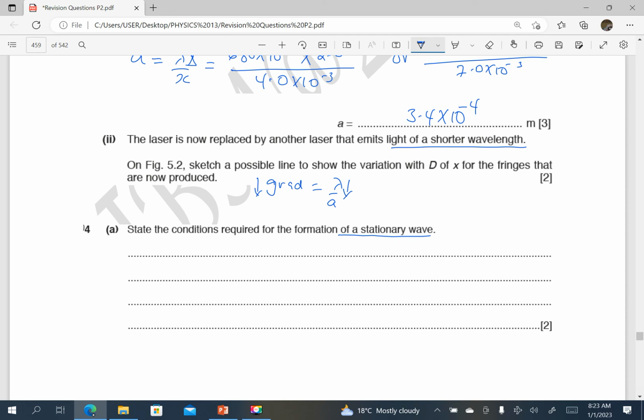For a stationary wave to be formed, the waves should be of the same type or the same kind. You can't form a stationary wave between a light wave and a water wave. Not at all. Therefore, two waves of the same type